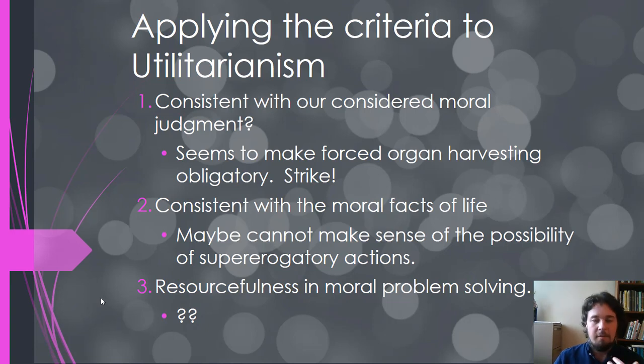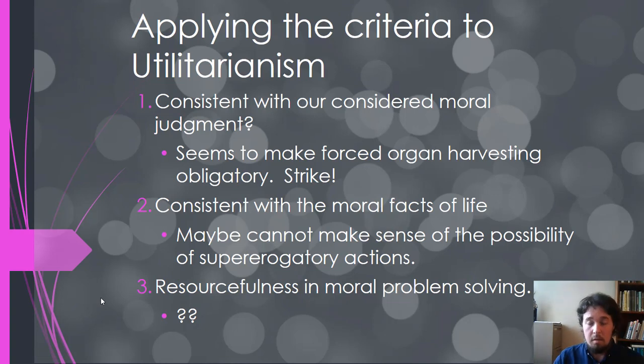you have 5 patients. 4 of them are going to die unless they get an organ transplant, and they each need different organs. Now, another person is perfectly healthy, and a surgeon can harvest the single person's organs and be able to save the other 4 people's lives. Now, let's not worry about the law. Let's say this person can get away with it. We're just worried about the morality of this.